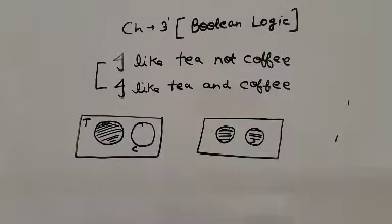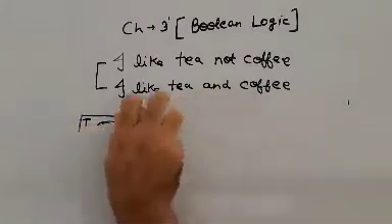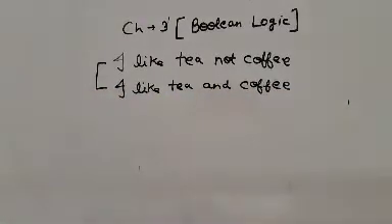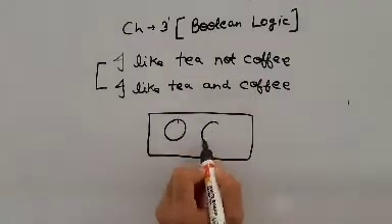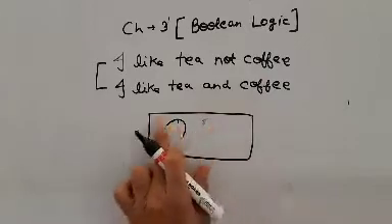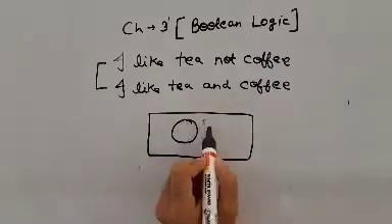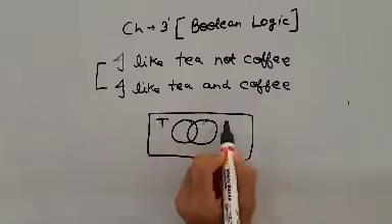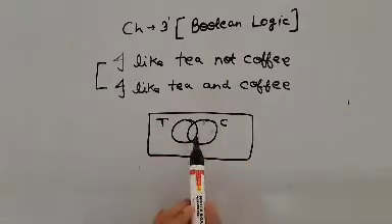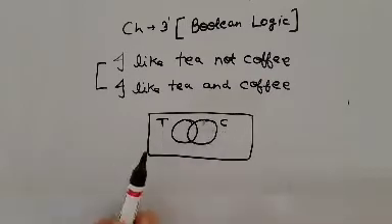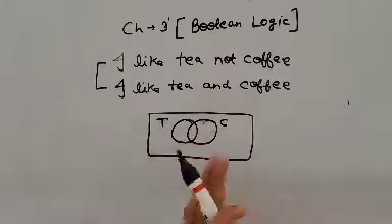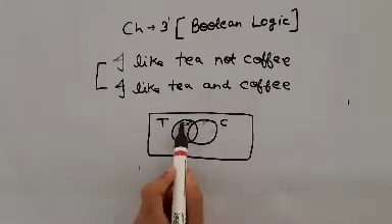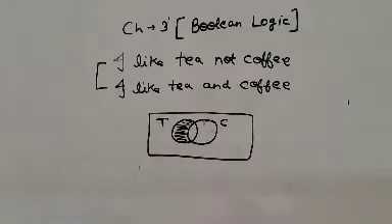Now if I have to merge these two statements in a single format, what will I do? I will obtain a common region for both the statements. For example, if I have to write it as a single statement: tea, coffee. So this is the region of the common part, for example, tea and coffee both. If I say I like tea, not coffee, I will exclude the part of coffee and only shade the part of tea. Is that clear?